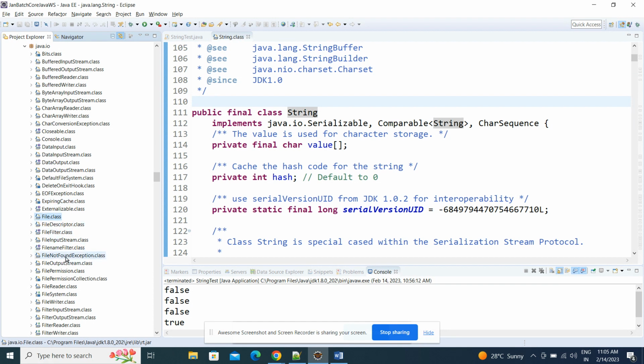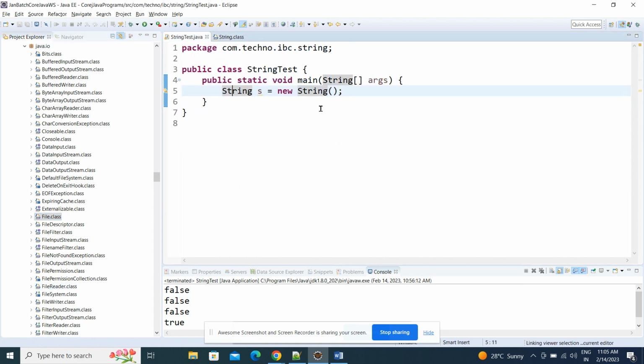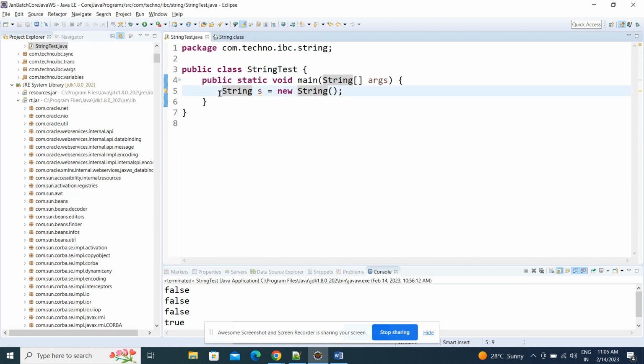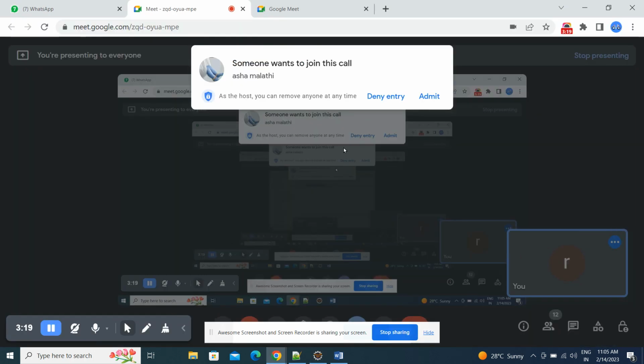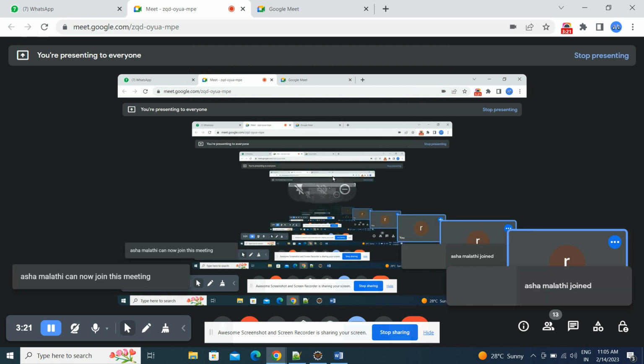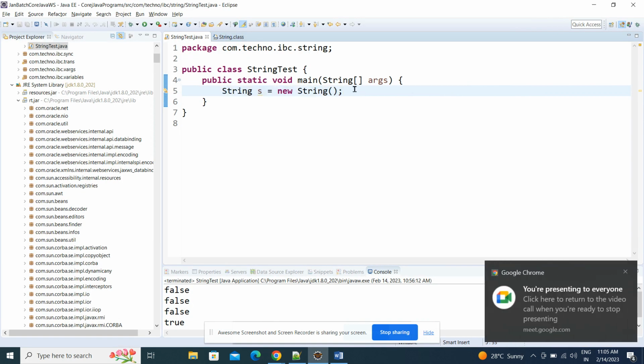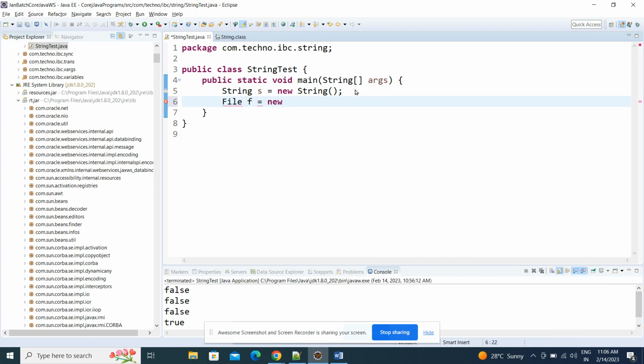If I create an object for the String class, it does not give any error. But if I try to use File f = new File();